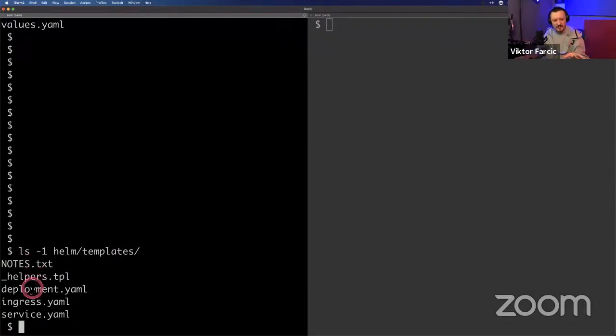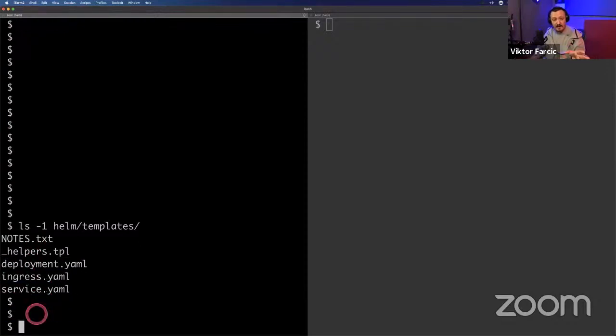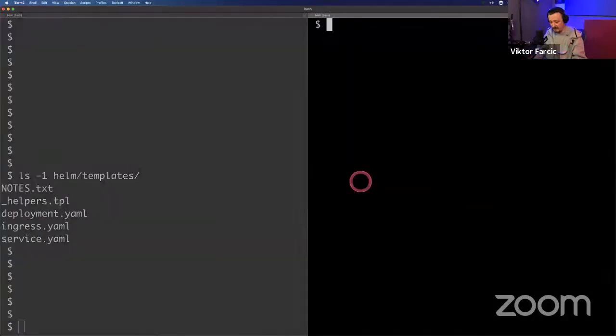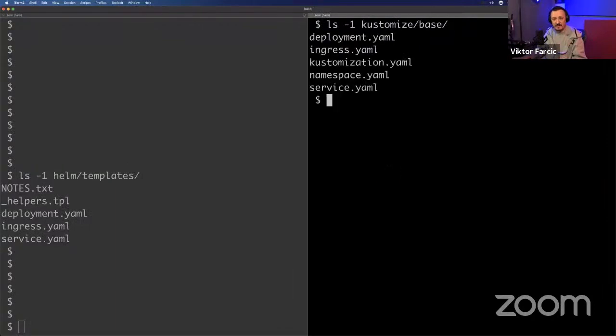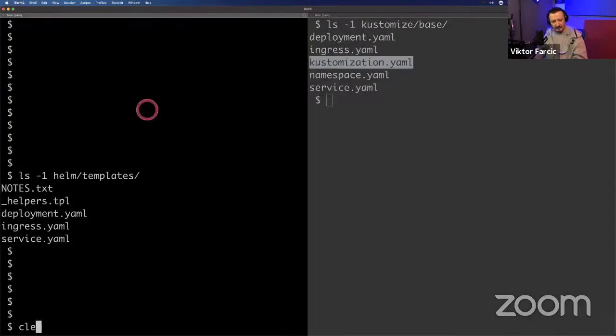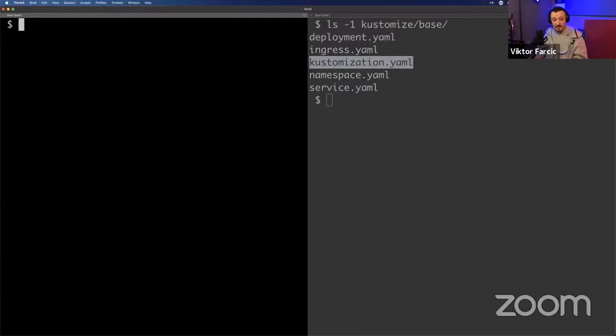It has a deployment, an ingress service, ingress actually, and the service. On the other hand, I have Kustomize. That is basically, if you go to this directory, provides here the same thing: deployment, ingress. I have an additional namespace just in case here, service, and customization. Customization, you can think of it as the equivalent of a Helm values file, which I will show you later if you're not familiar. So the first difference, if you're defining a new application in Helm, on one hand, we need to